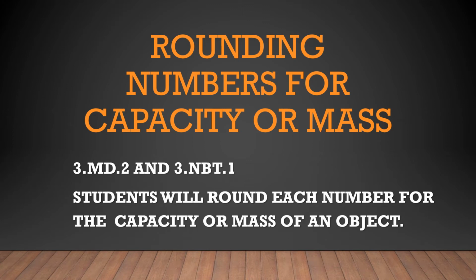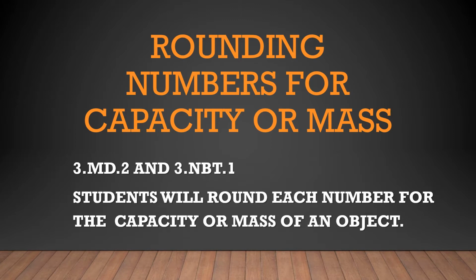So today we're going to use our understanding of rounding numbers to include capacity and mass. We recently talked about capacity and mass. Capacity is using liquids to fill a container. We can use milliliters or liters. Mass is the weight of an object, and we can use the units of grams and kilograms to